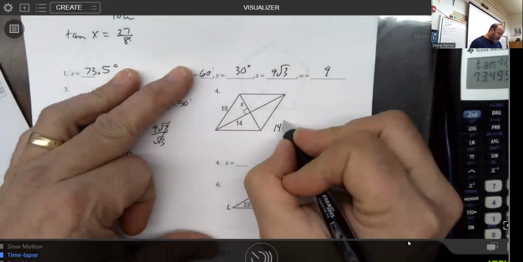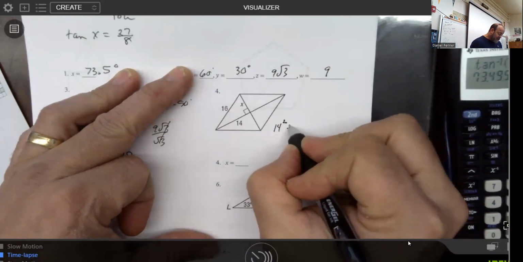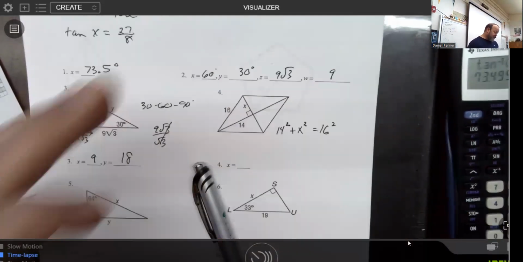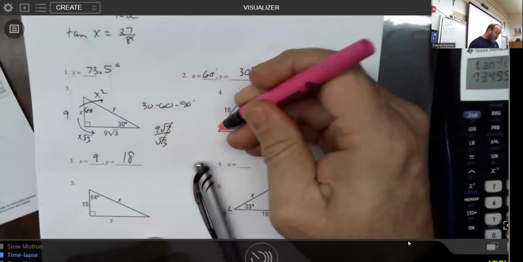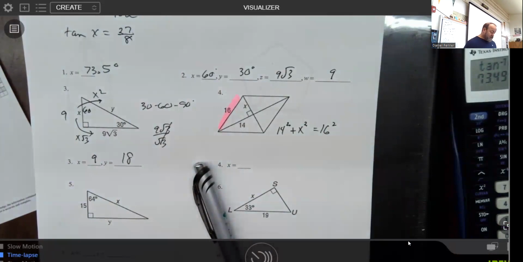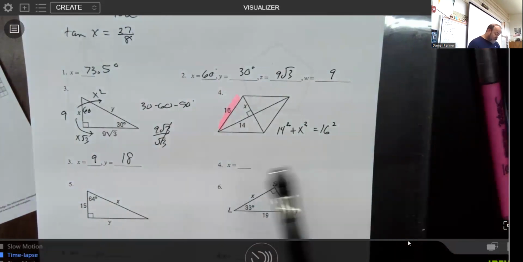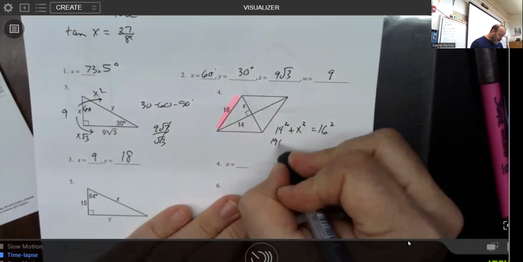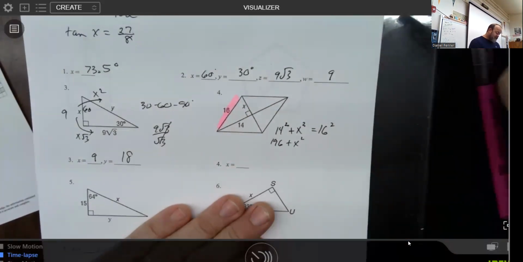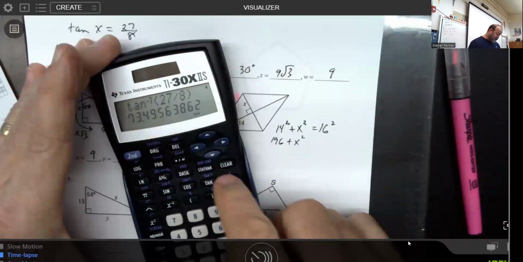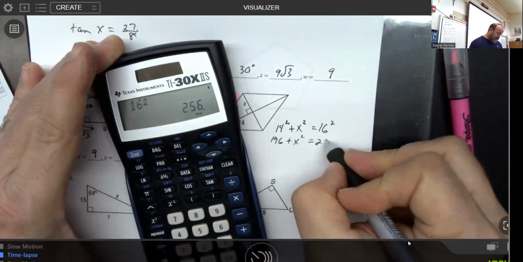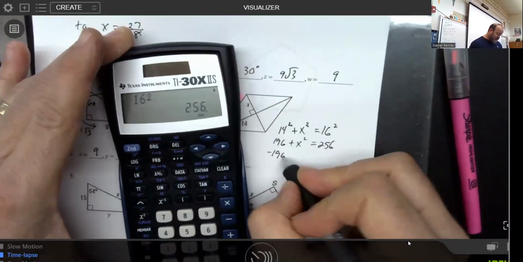If I said a squared plus b squared is c squared, the big thing you want to remember is that the c is always going to be your hypotenuse, okay? And so since that is our hypotenuse, we could start doing the Pythagorean theorem. 14 times 14 is 196. I think 16 times 16 is 256, but I'm going to double check that. Yeah, it is. So we'll subtract 196 from both sides, and I get